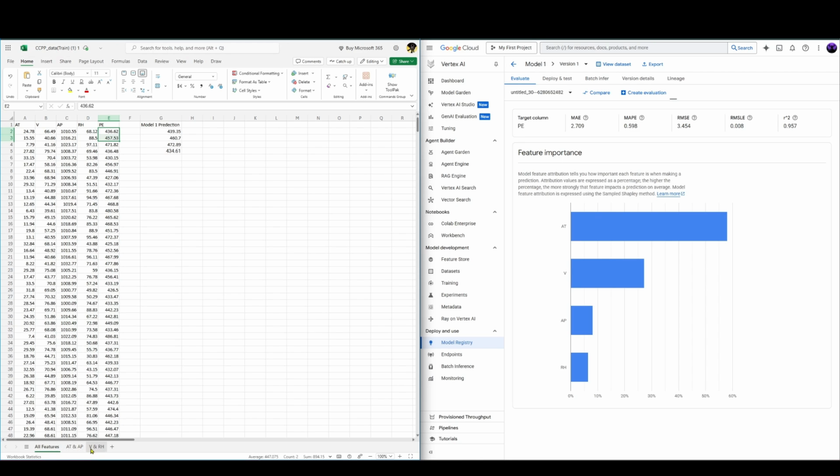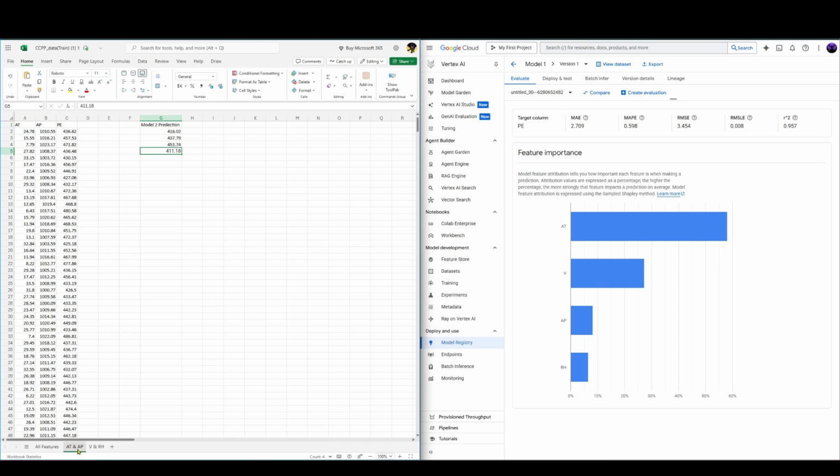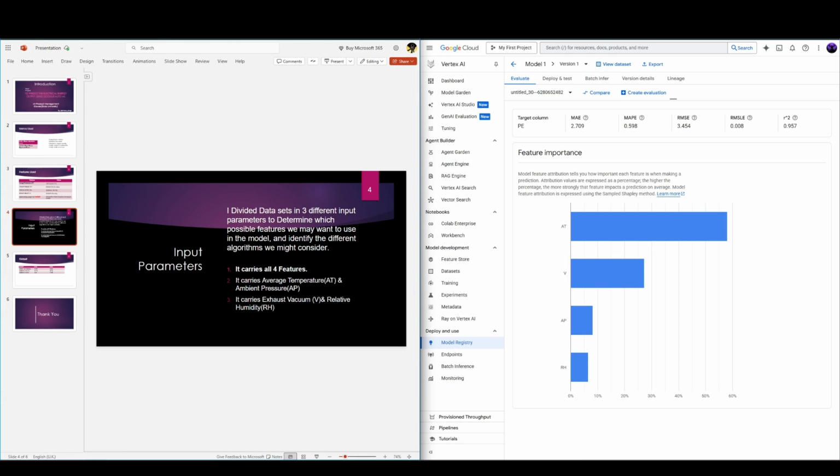So I divided my data set accordingly, as you can see in this Excel sheet. In the first model, I trained the model using all these features. In the second model, I used AT and AP to train our model. And in the third model, I used these two features, V and RH, to train our model. So here, this is our model number one,